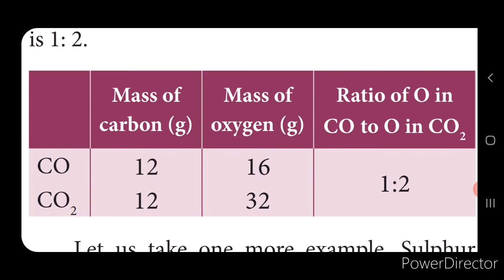Now when you find out the ratio of the oxygen, it is the element B combining with the fixed element A to form the compound. Now this will be in simple ratio. So the ratio of oxygen in carbon monoxide to the oxygen in carbon dioxide will actually be 16:32, isn't it? So when you simplify, it will become 1:2. So the element which separately combines with the fixed element, here the fixed element is A, will be in simple ratio, and here the simple ratio is 1:2.